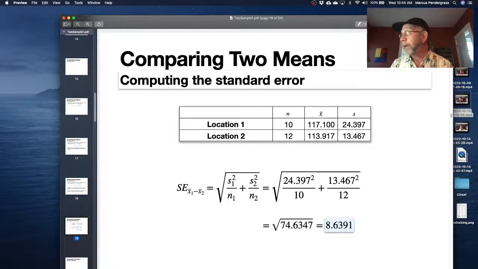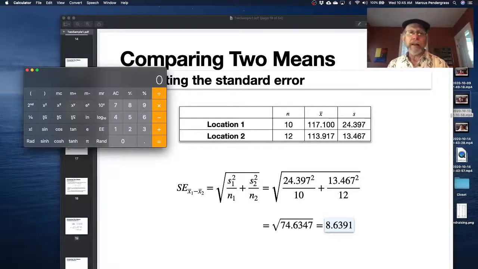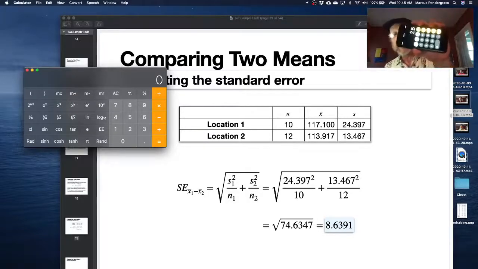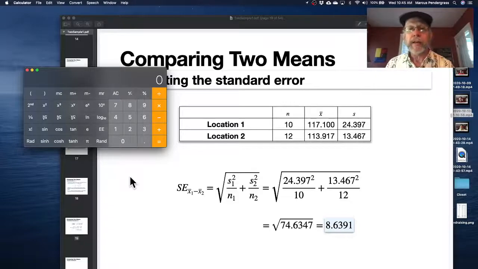I am going to just pull up my calculator on my screen here. It has exactly the same layout as the iPhone calculator, and so the keystrokes will be exactly the same. So if we wanted to compute this standard error, it's a square root of a sum of two fractions. And in this case, you can just work from inside out and do the calculation correctly. So for instance, to start, let me just make sure everything's cleared out. I'm going to clear my current display. I'm going to clear the memory, although I won't use the memory here. And let's just enter